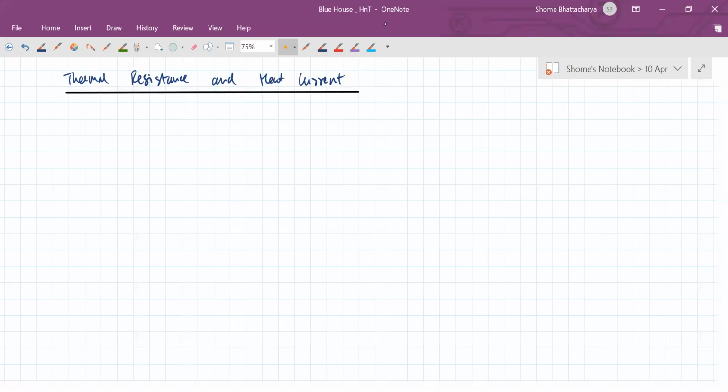First, let's understand the concept of thermal resistance and heat current. So if we have an isotropic conductor with uniform cross section,